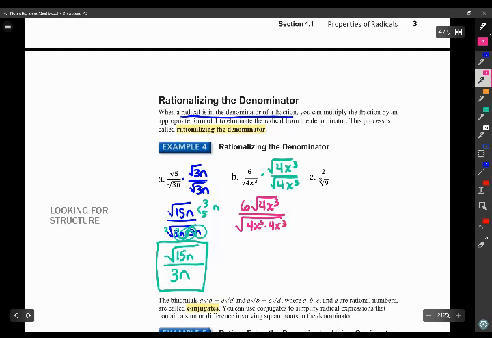And again, notice that we're looking for pairs. So I've got the 4 breaks down to be 2 times 2, so we don't need that. And then there's 3 x's. And on the bottom, notice that we've already got it factored. So on the